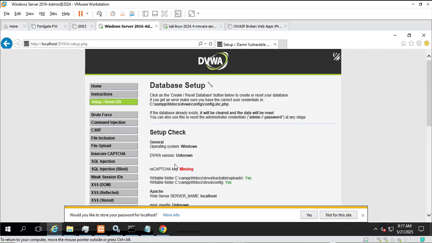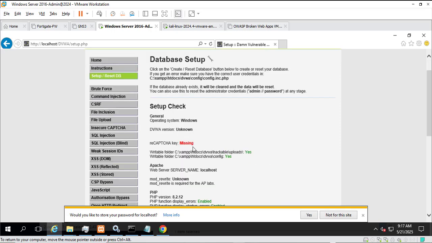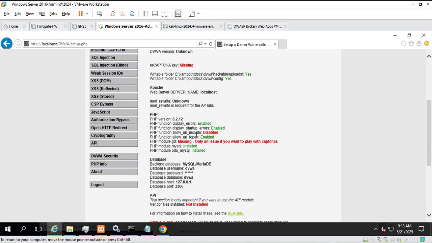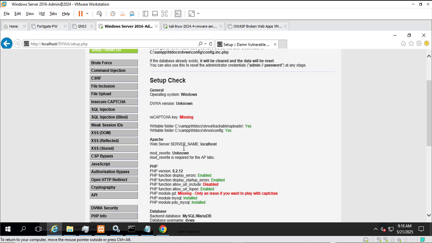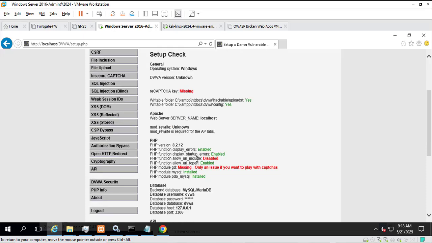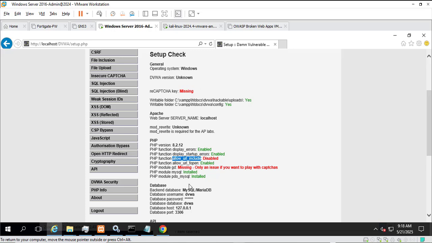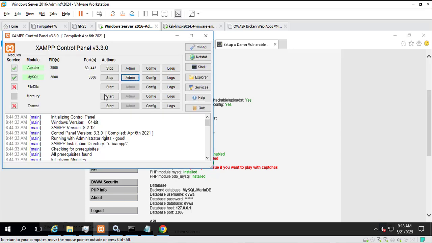Still there's red color in setup, so I need to read the information here. I found this allow URL include to make it enabled, copy, and we need to open